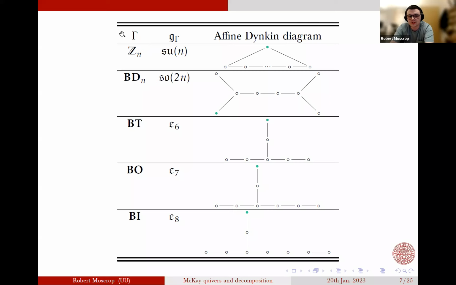So here, originally, the diagrams for E7 and E8, shouldn't the green node be attached differently? Maybe I misunderstand what you mean. Sorry, you mean maybe on the other side? Yes, exactly. For E7, it should have a Z2 symmetry, and for E8, it will have no symmetry. So if you want the affine diagrams, the green should be on the left and on the right, respectively. There is a mistake here.